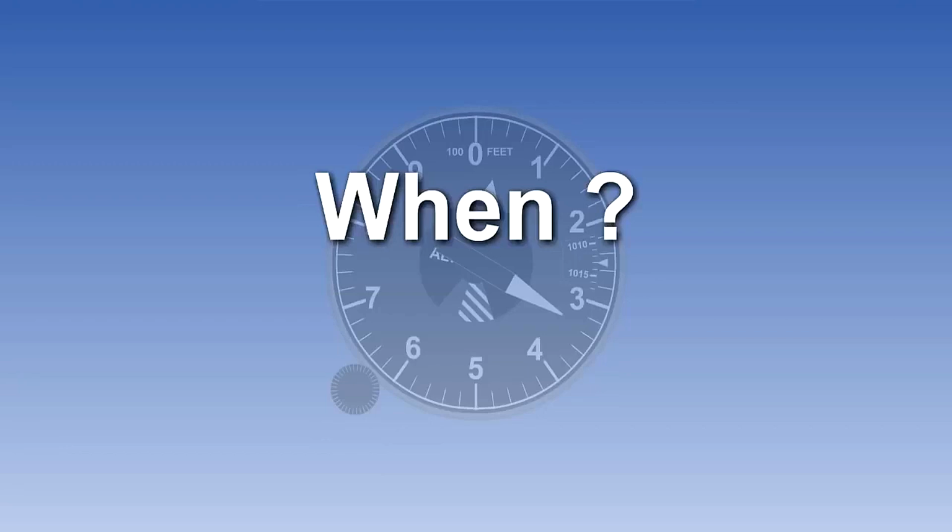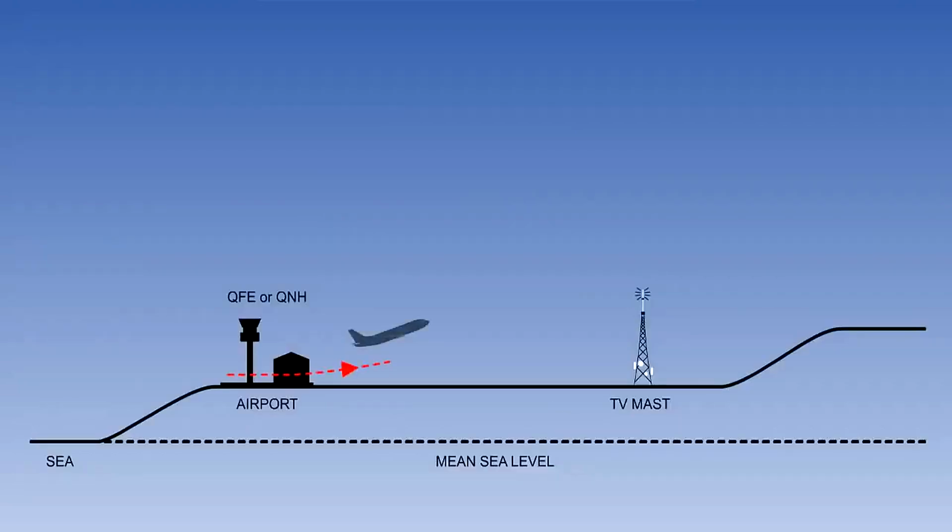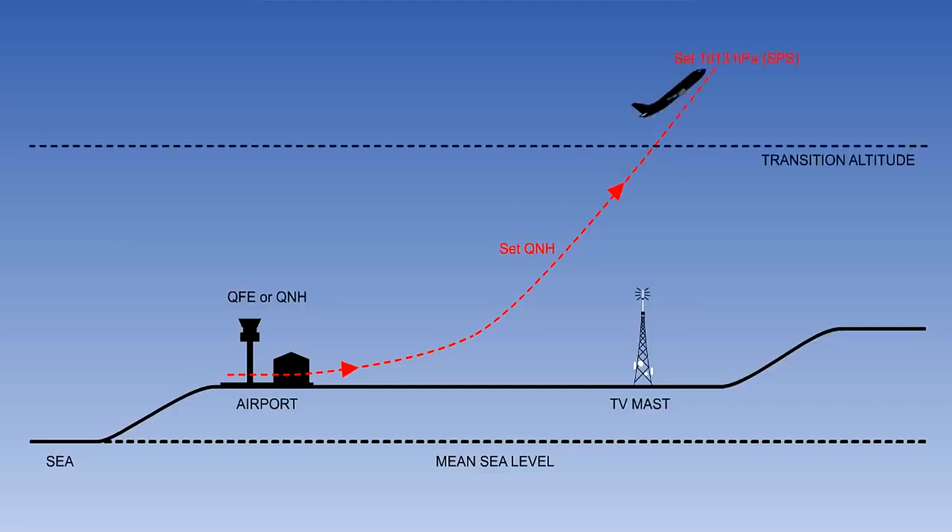We will now look at when and how we change our pressure settings. There are procedures in place to ensure that aircraft are using either QNH or flight levels as required at given altitudes so that we do not get aircraft at similar altitudes on different pressure settings. At the airport of departure, we use either QFE or QNH as we prefer. However, once away from the airport air traffic zone, we must be on QNH for the initial part of the climb in order to ensure safe clearance from high ground or obstructions.